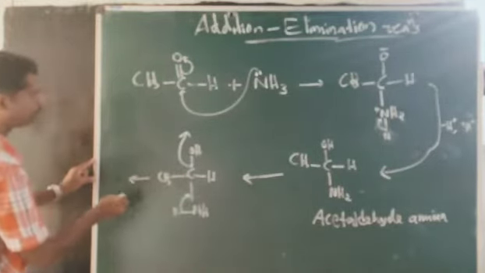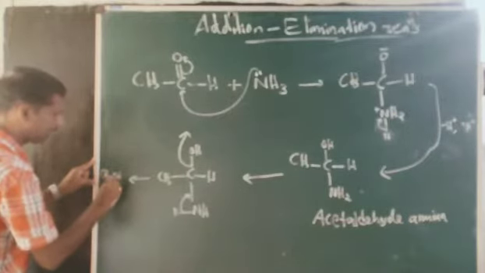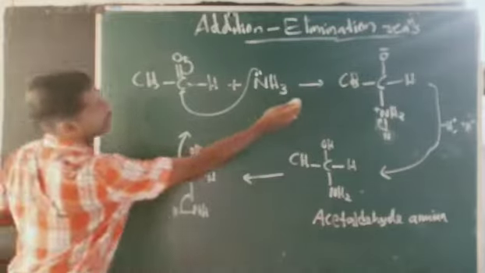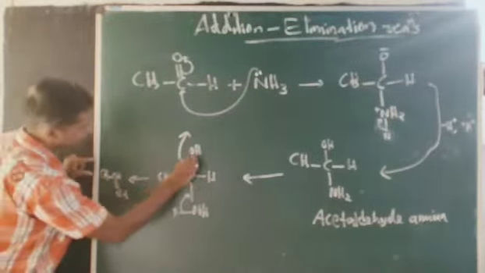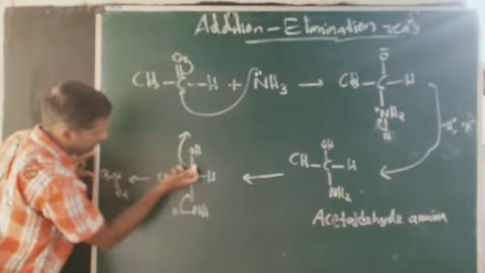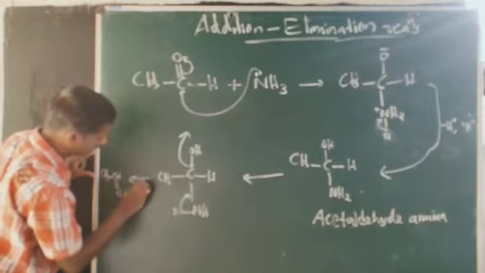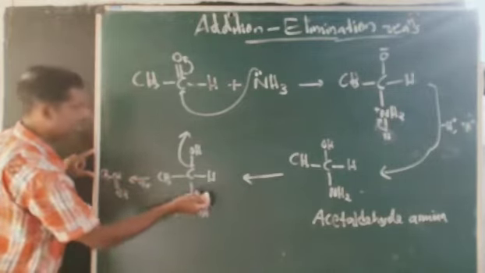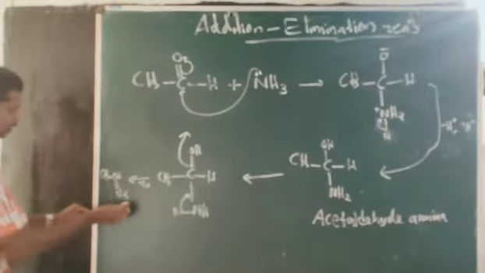We get CH3, here it is CH, here it is a double bond, NH. So what is eliminated? OH is removed from here, and H is removed from here. So what is eliminated? Minus H2O. This is dehydration. So aldehyde ammonia will undergo dehydration, and we get imine.